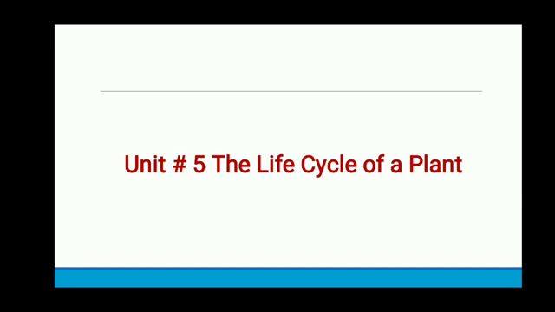Students, there are 4 main groups of living things. These are producers, consumers, decomposers and scavengers. What are producers? So students, producers are those living things that can make their own food by themselves in the presence of sunlight, water and carbon dioxide. The example of producer is plants. Here in this unit we will discuss about plants in detail.